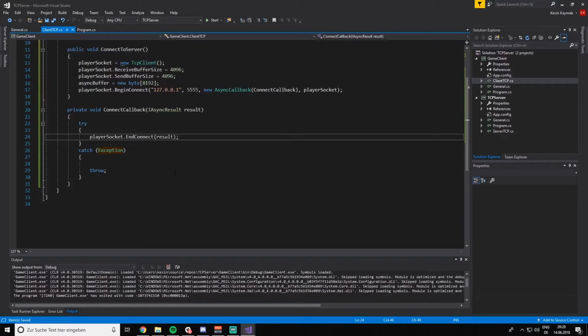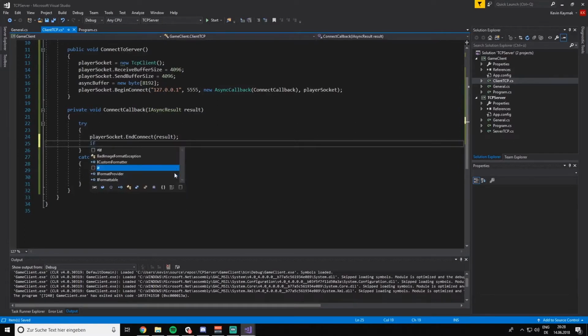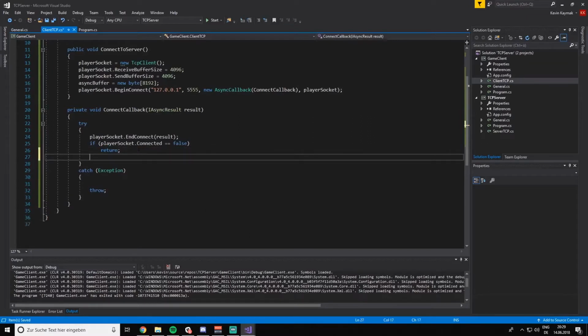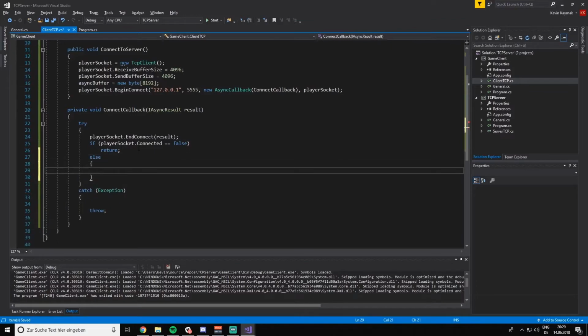Then we can check if there is an error happening. We can say if player socket.connected equals false, then return. So we are returning the whole code. But else, if we are connected,